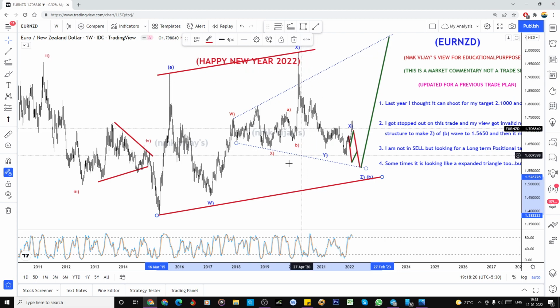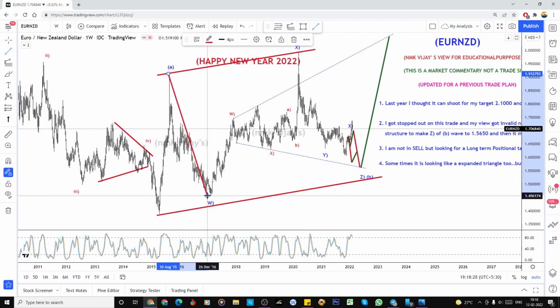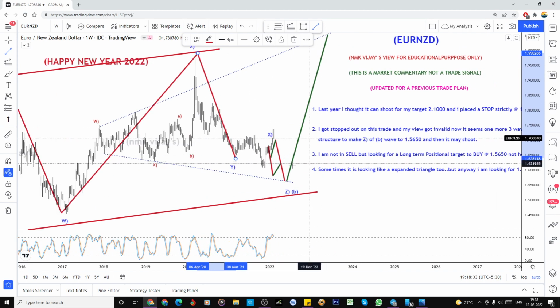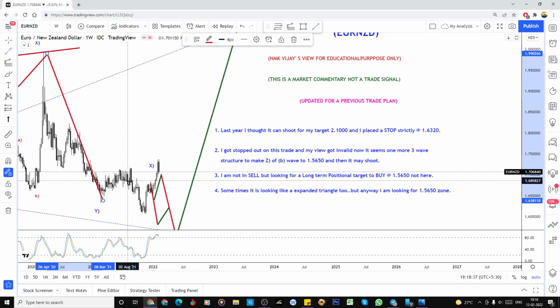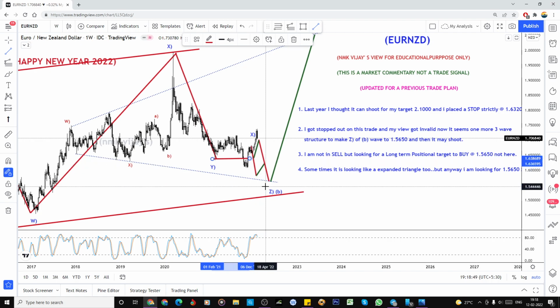Sorry. So here, how I'm looking at it, from here, if it is a running flat, this part. From here I was on the buy side previously, and I was already waiting seven months for the target of 2.1 here, but it failed and hit my stop loss. Once it hit the stop loss, I confirmed that definitely it is going to make one more low, to 1.5